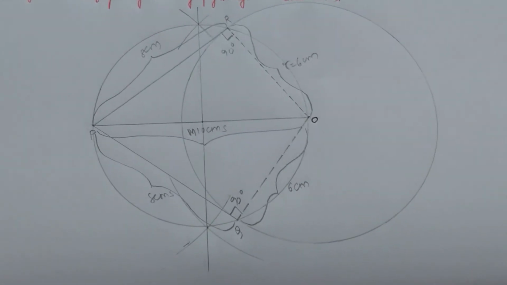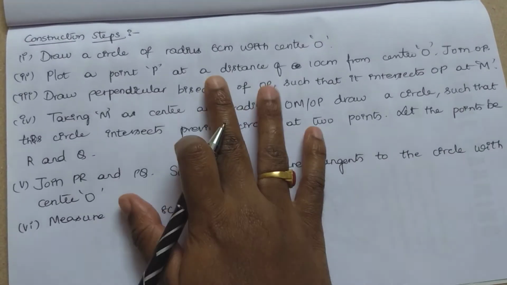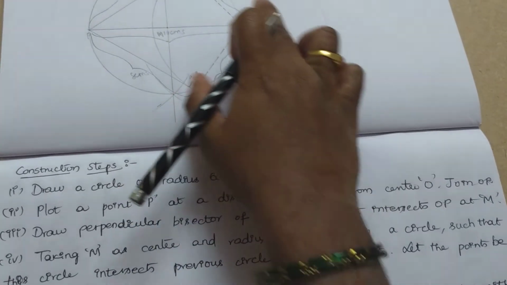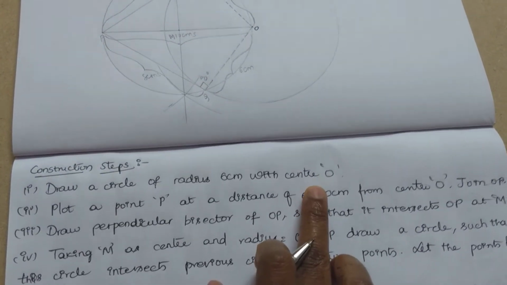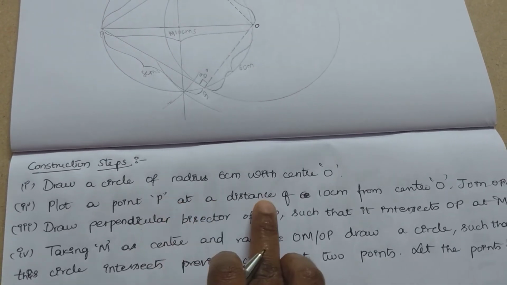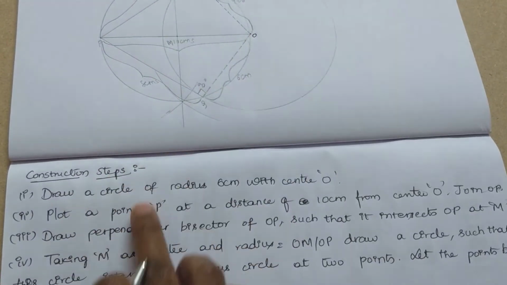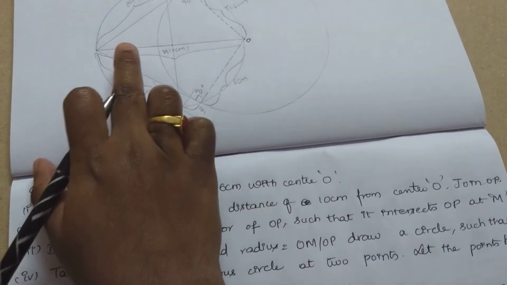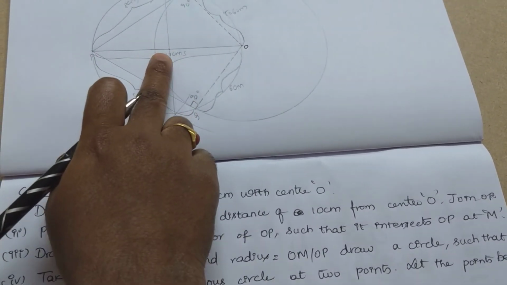Let's do that now. Let's write construction steps now. You can see here construction steps. So first, we have drawn a circle of radius 6 centimeters with center O. After that, plot a point P at a distance of 10 centimeters from center O. After that, join OP. After that, draw the perpendicular bisector of OP such that this perpendicular bisector intersects OP at point